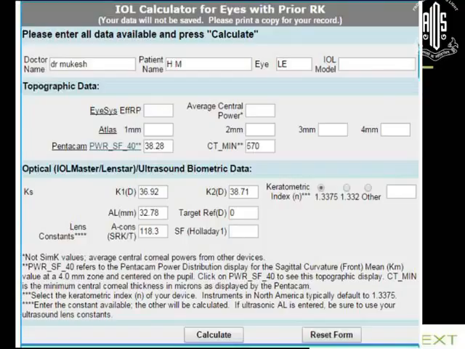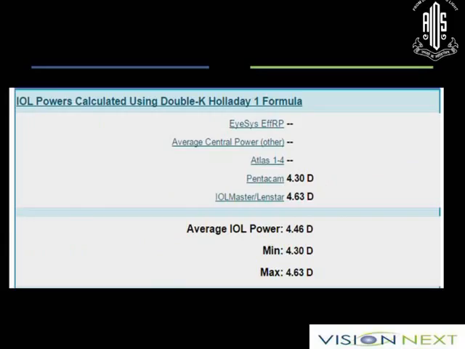The value which Karishma and Varun were talking about, the 65% mean, you can directly enter here. You put the minimal corneal thickness. You put your IOL Master or LENSTAR K values. If you don't have them, just put the topographic value we have got. Enter the immersion axial length, enter the A constant, and you can still get away with a good IOL power calculation. So in this case, I got a result of around